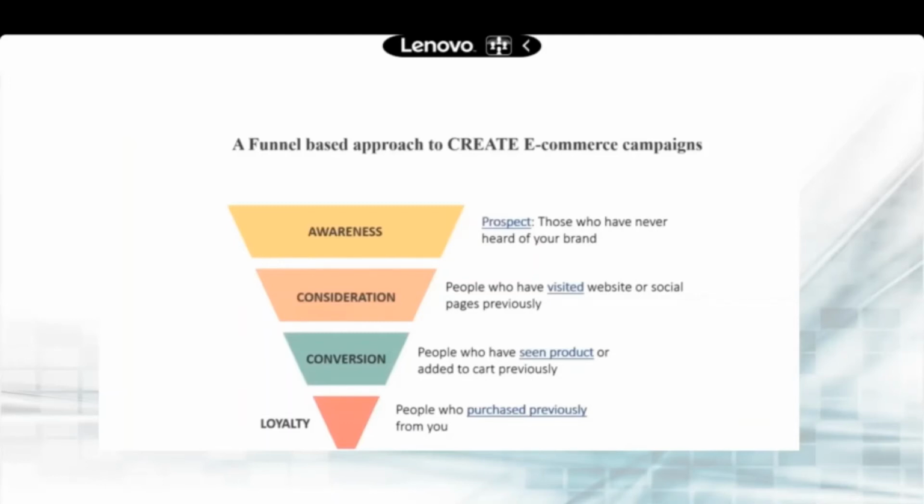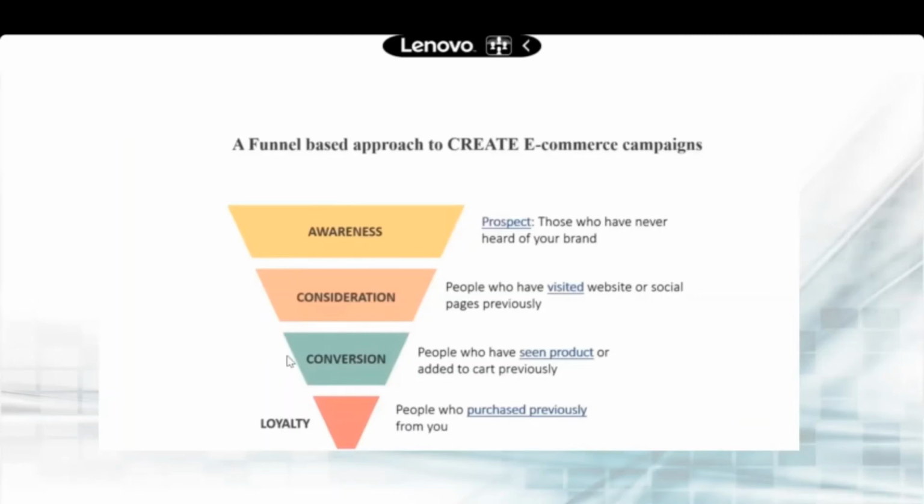social media sites previously. Out of 800, say for example, 200 people are willing to buy. They have seen the products, they have added the product to the cart, and out of those 200, there is a possibility that only 50 of them purchase your product. So this is a funnel, and there is mostly 2% conversion that we see in the e-commerce industry. For sites like Amazon and Flipkart, we have 2% conversion rates, right?